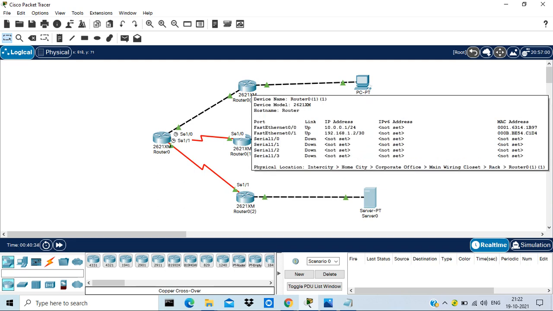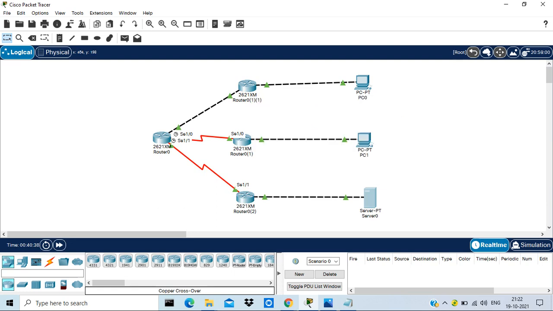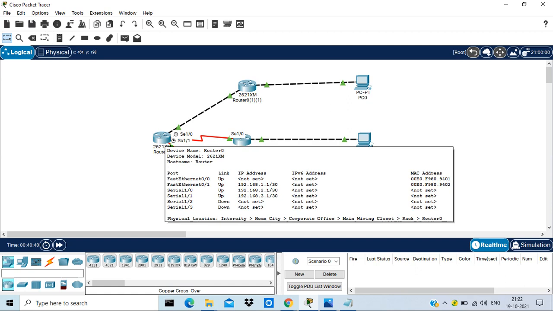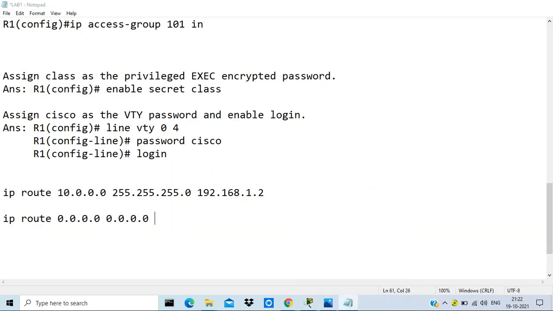The branch 1 router WAN IP is 1.2, so definitely its gateway will be 1.1, which is the head office router's FastEthernet 0/1 IP address. Okay, so my default route will be 192.168.1.1.